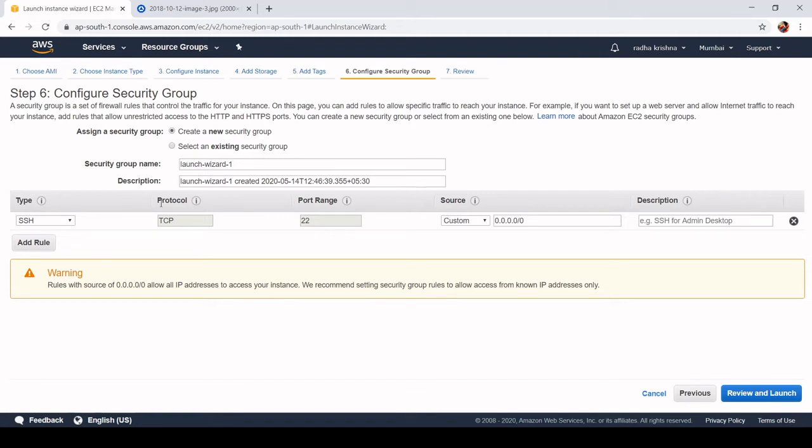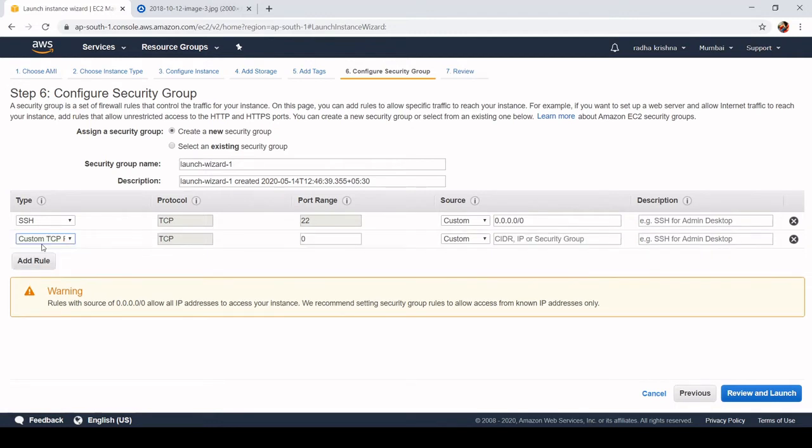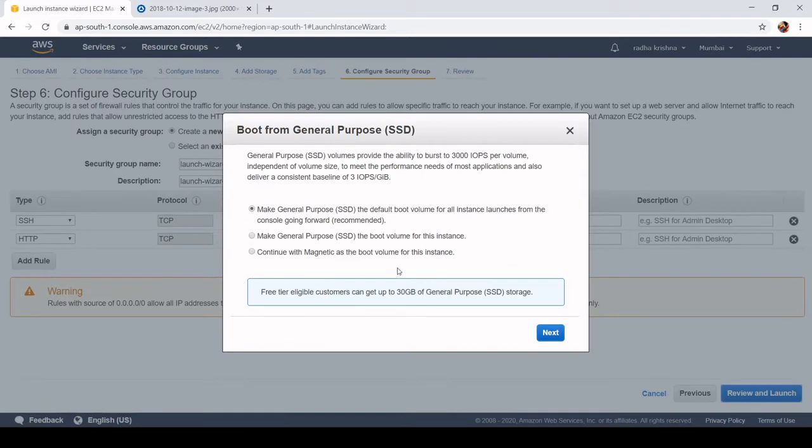We can open ports in the security groups, so that if you want to access your website, you need to add the rule HTTP, which runs on port 80. So in order to access your website, you need to have this HTTP port open. So we'll review and launch this.